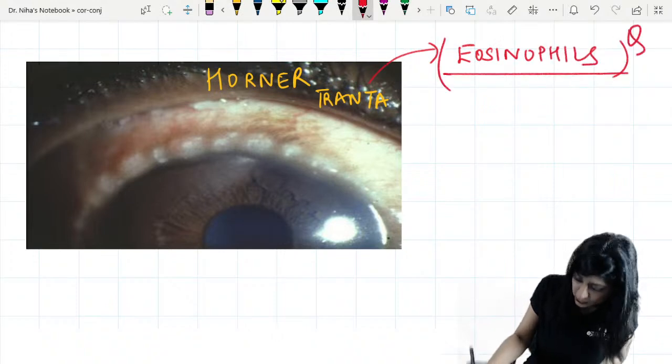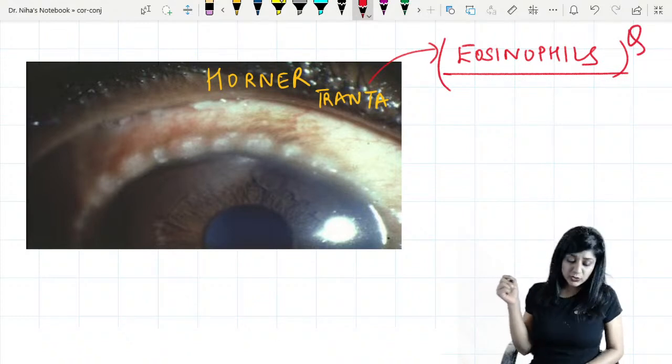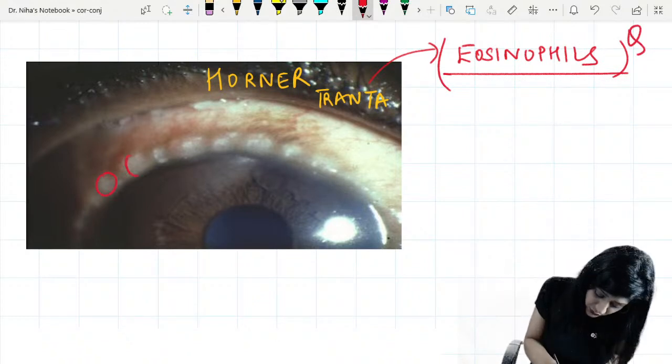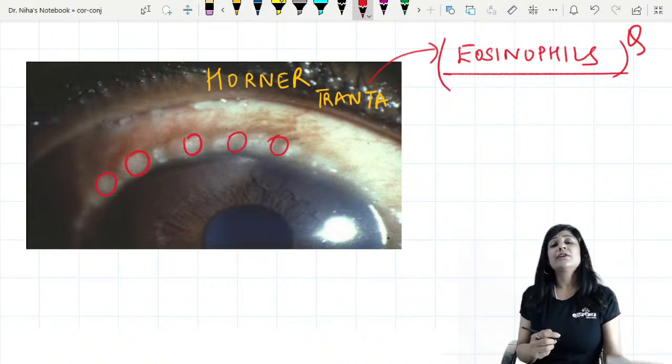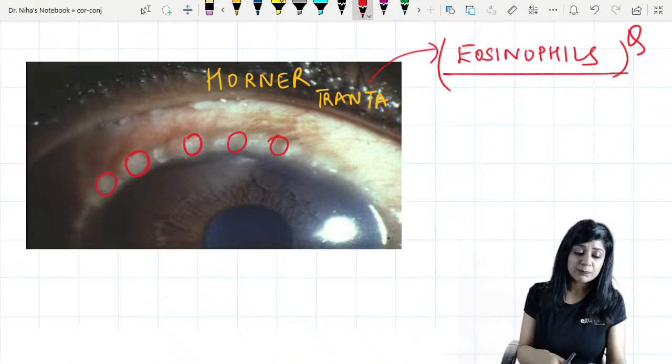Another important question, that they consist of the eosinophils. You can see we have got these grayish white spots which are near the limbus. Can you see how they are different from the Herbert pits? See, Herbert pits were found in the trachoma, and